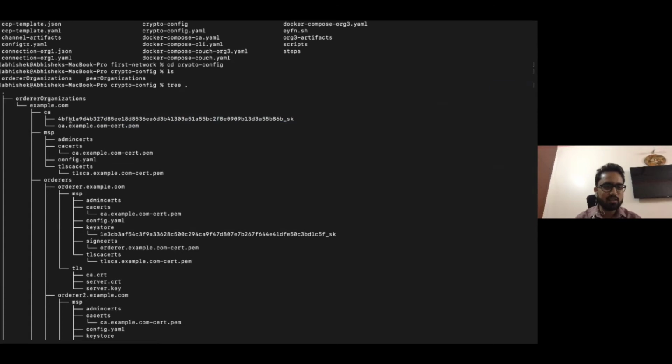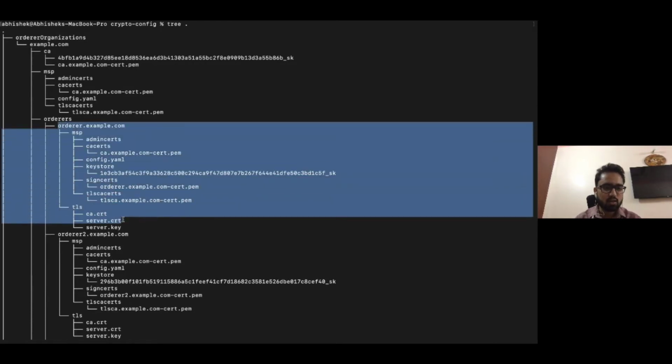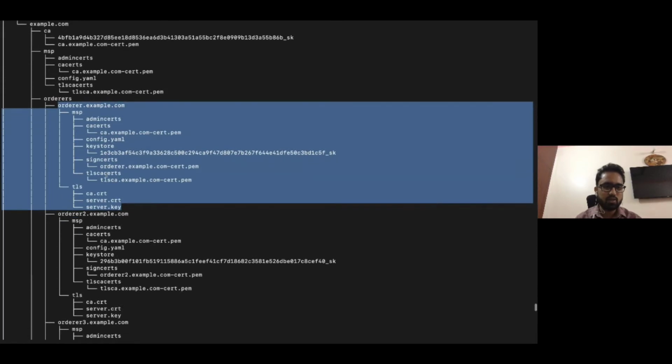For each organization there is a CA, there is an MSP, and the orderers in that organization, and for all orderers, the certificates and keys that we have to use. That particular command generated all the certificates for us based on a config file that we have defined.